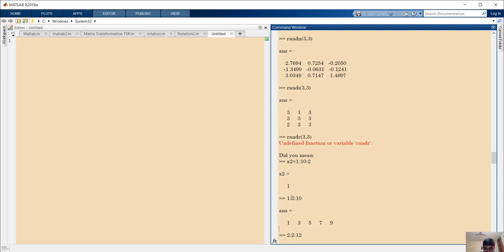Since we are starting with 1, we have to end with 9. We cannot create 11, that is why it is showing like this.